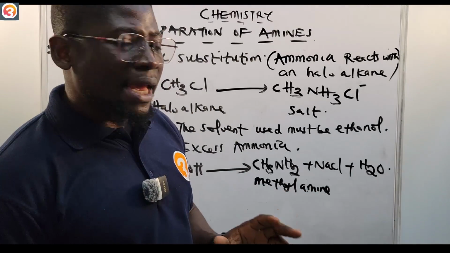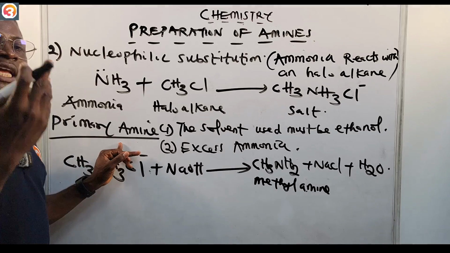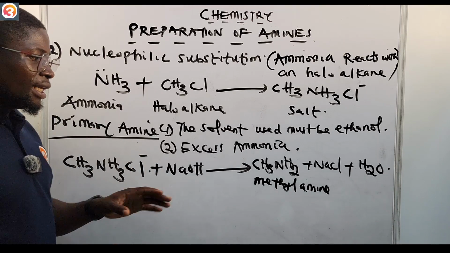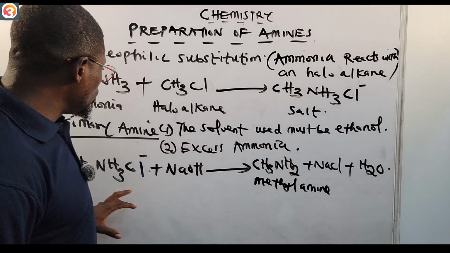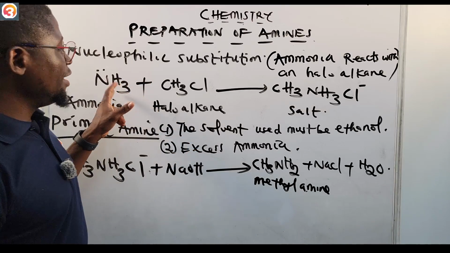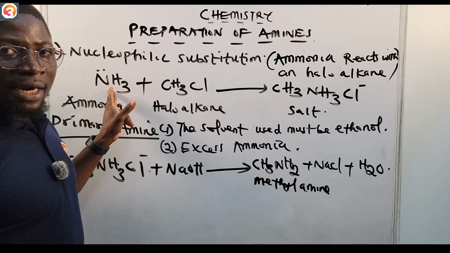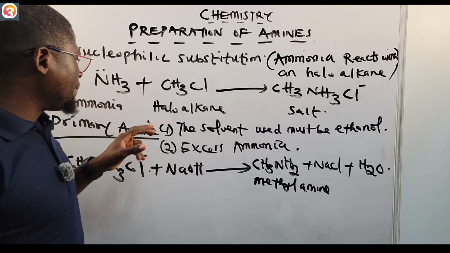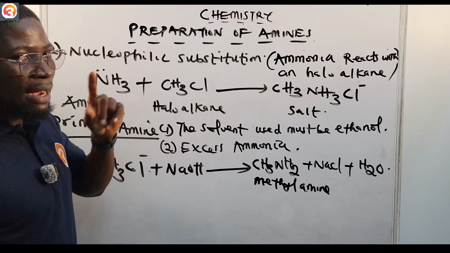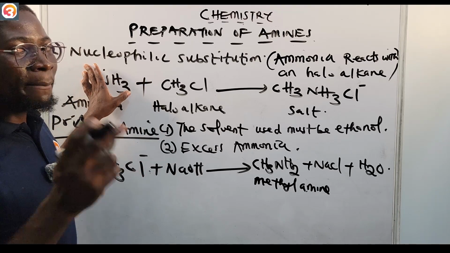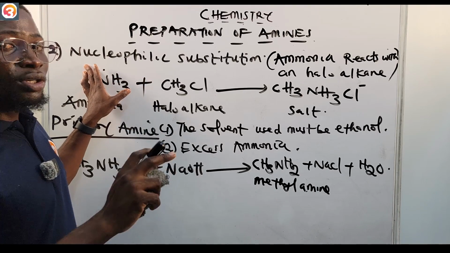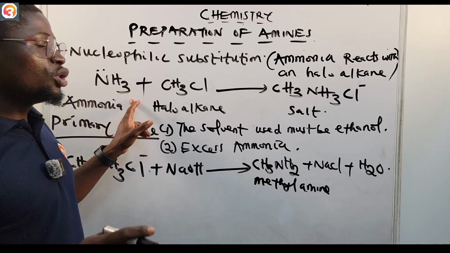So if you want to prepare a secondary amine, from this first reaction we will not use excess ammonia. If we want to produce our primary amine, we must use excess ammonia. But if we do not want to produce our primary amine, and we want to produce our secondary amine, what we do is we use